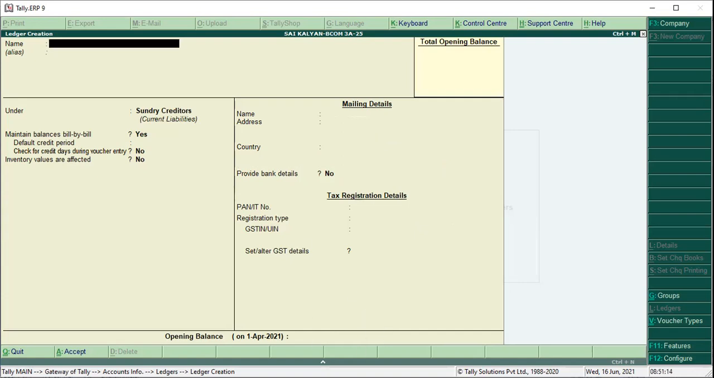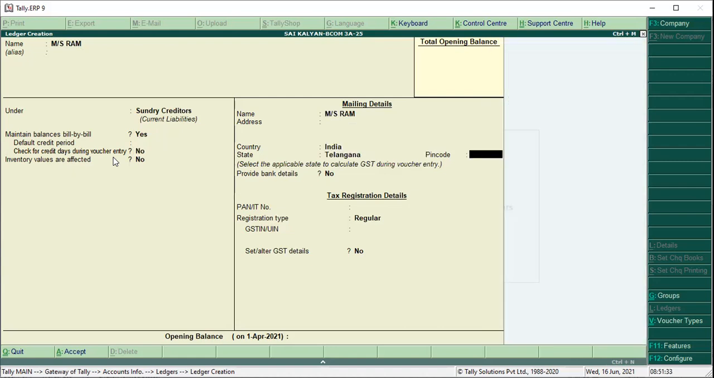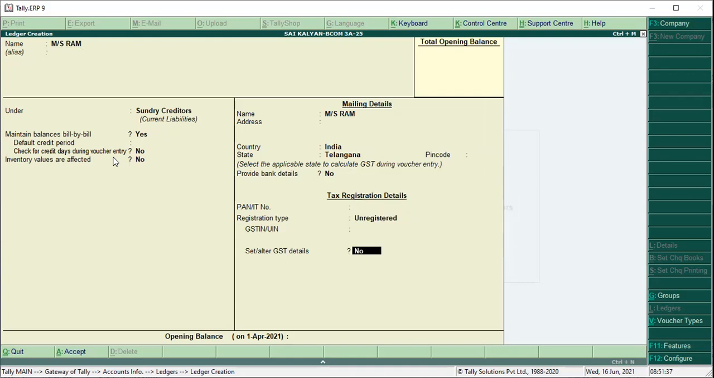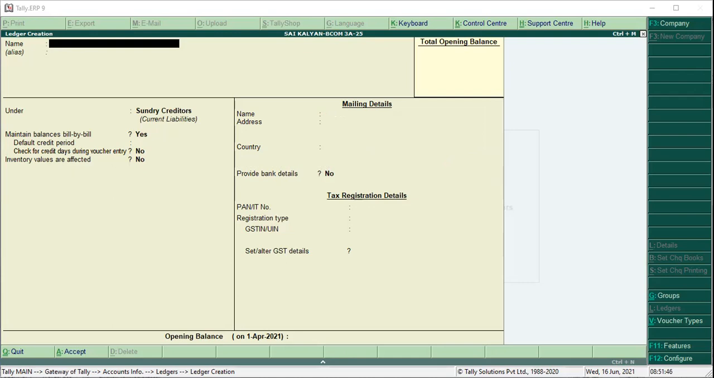Next party name is Mrs. Ram, sundry creditor, and he is an unregistered dealer. You have to select unregistered. If it's unregistered, we don't have any GST number. So the next party name is